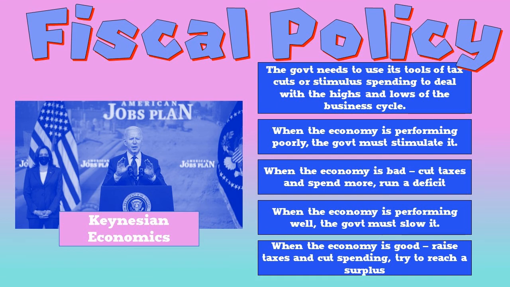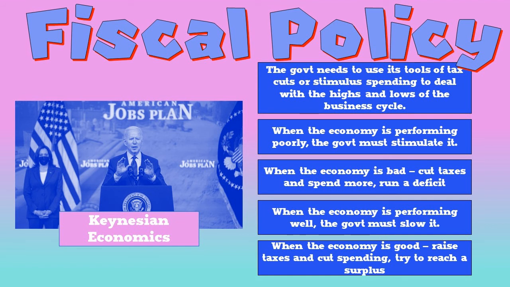You're probably going to run a deficit that way, right? You're going to spend a lot of money and you're not going to bring that much money in, but it's going to make the economy grow. When the economy is performing well, the government needs to slow it down. So when the economy is doing good, it is a time to raise the taxes and cut the spending. This is like when the economy is performing well, that's exactly when you should try to reach a budget surplus,